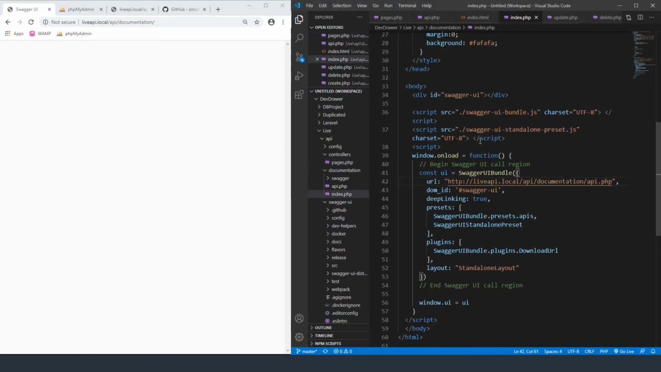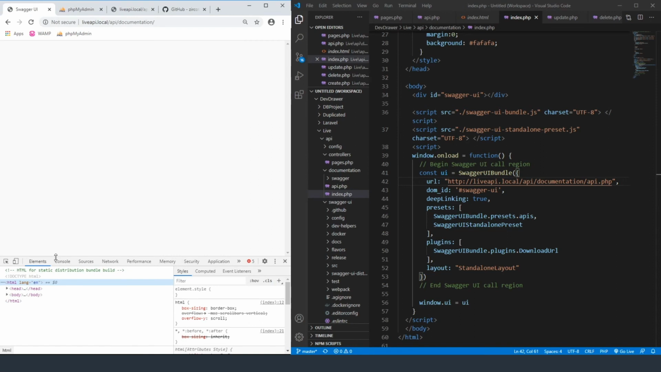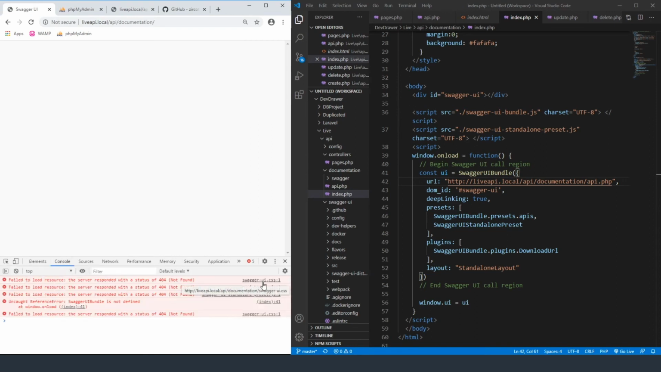And where am I not pointing it to? Let me see. Inspect console. Okay, so it's not pointing to the, oh, okay. So we're currently in the documentation folder. We need it to go into Swagger. So I believe the only thing we need to do here is just type in Swagger /